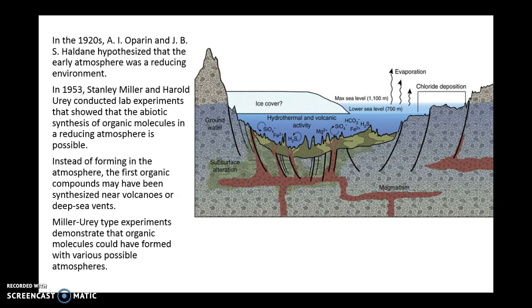At the same time, as I said, Stanley Miller showed in the lab that these molecules could be synthesized in a reducing atmosphere. And so their theory with regard to how the first organic molecules were formed was pretty much the standard theory from the 50s on, until it was discovered that